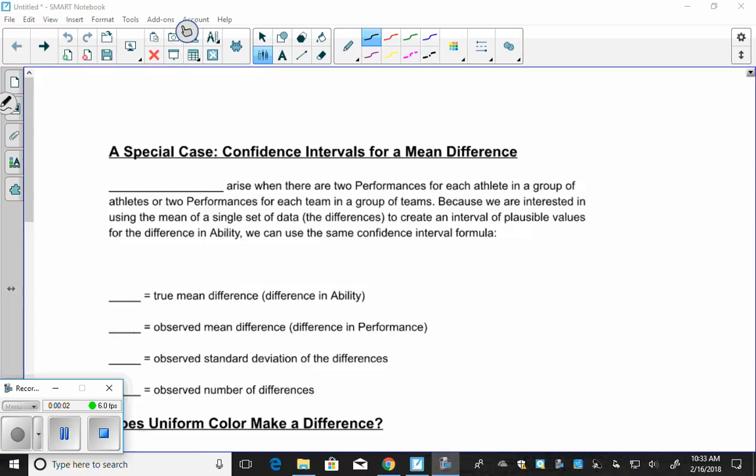Alright, so the next thing that we're going to talk about is a special case for confidence intervals for a difference in mean, or a mean difference. Okay? So, here. Paired data